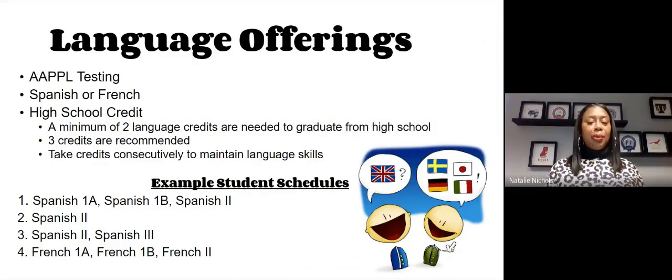It would preclude you from having to take a language in college. So something to think about as you're planning your schedule and you're looking not just at the middle school years, but how that dovetails and connects with the high school years and what you want to do in regards to our language offerings and taking that as elective right now.